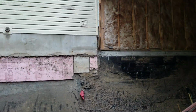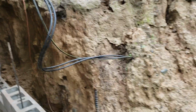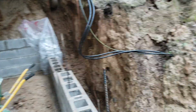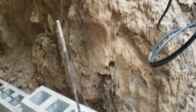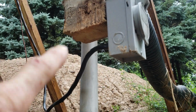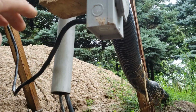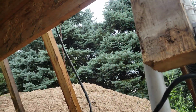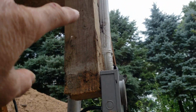My electrical service was moved. It used to be over there, and I moved it and I stuck it here. So the goal is to get an 8-foot concrete wall, which is 12 courses. And I intentionally cut these posts at ground level. When I get closer, when I get my concrete wall up here, I'll cut off a little bit each time. And then when I get the last course, I'm going to measure it exactly and I'm going to cut it. And then I'm going to put a treated